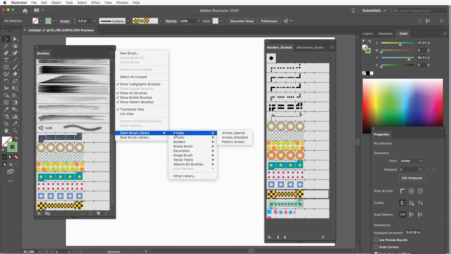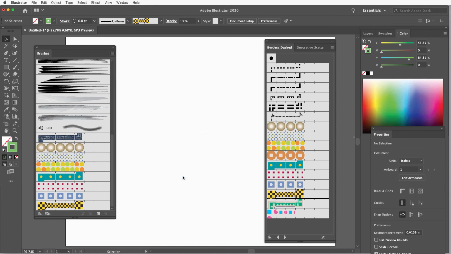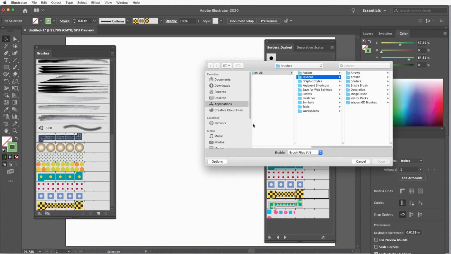That gives me all the presets in Illustrator, but at the very bottom is Other Library. So if you have a folder with Adobe Vector brushes that you've collected, sets of brushes, I would recommend you keep them all in one folder, make a copy of it, and then all you do is go to that folder, and in this case the